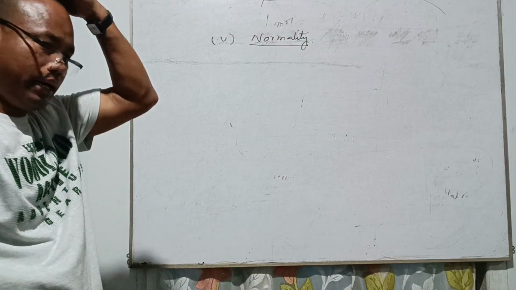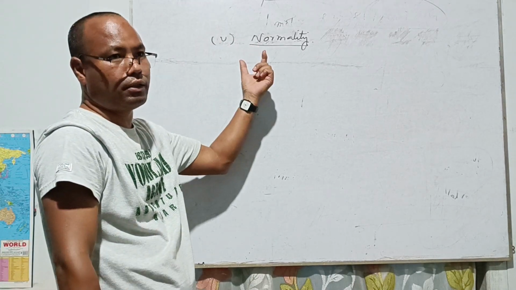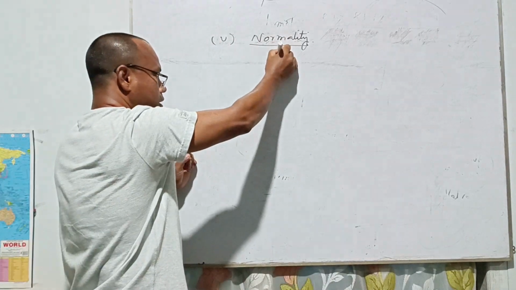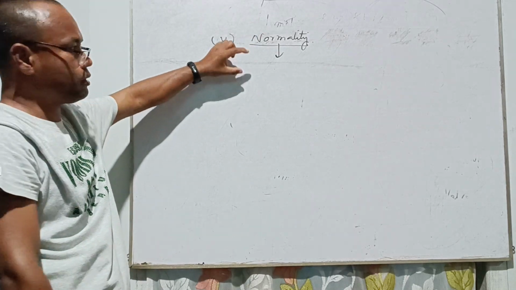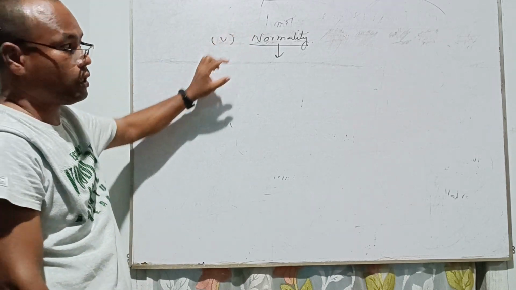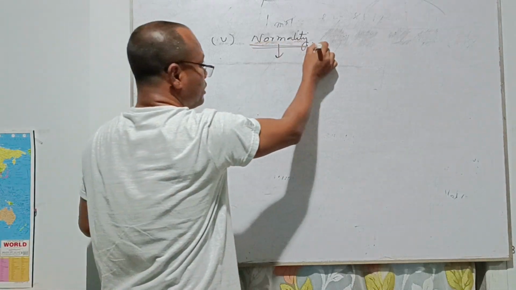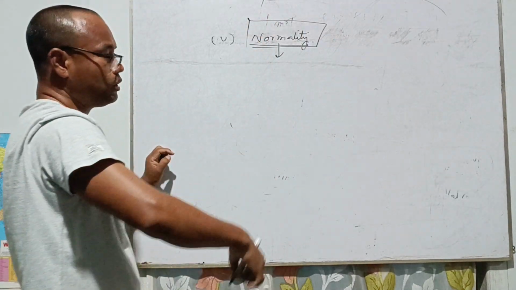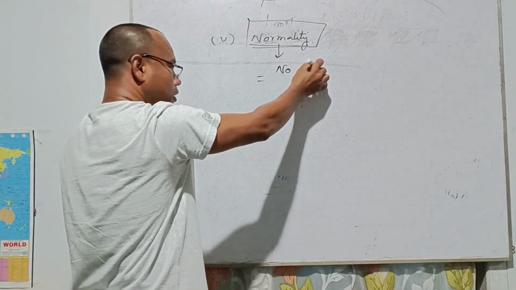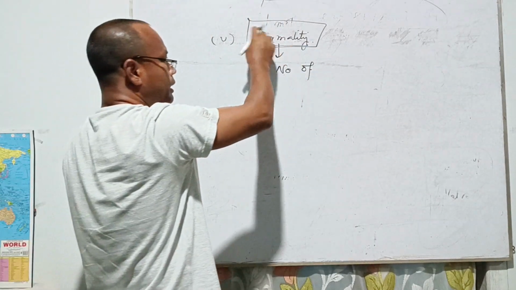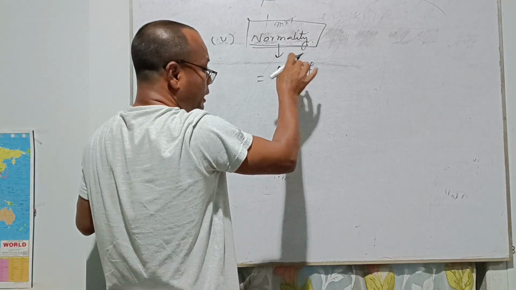Normality. So when I ask you, what do you mean by normality? Simple answer as before: this is the concentration of the solution. In short, this is a concentration term, right? How do we define the normality? Instead of the number of moles, in the case of normality, we write